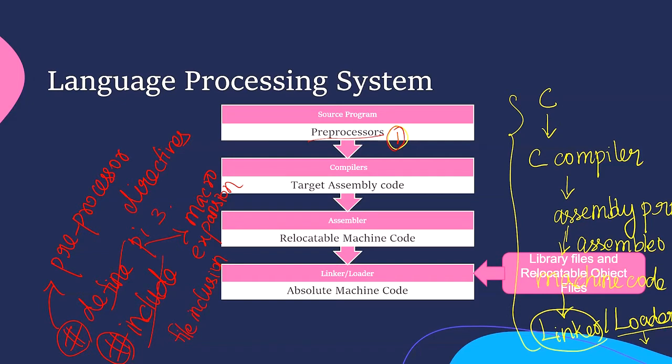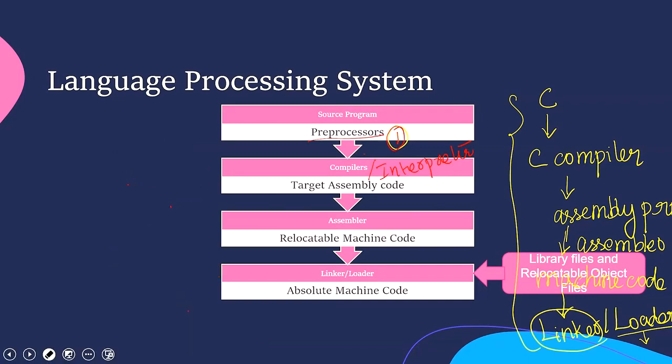After doing all the pre-processing steps, the pre-processed code is given to the compiler. So compiler or interpreter, we can use anything. What will these compiler and interpreter do? An interpreter will convert the high level language into low level machine language, just like a compiler, but they are different in the way they read the input.